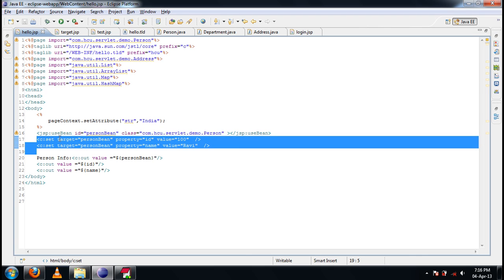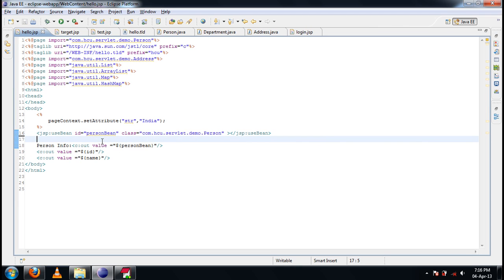But we can use SQL and set. Using SQL and set, we can set some values to a property of a target use bin. It's possible, but somehow it is not working. I'll explain it in the next class. And this is how SQL and set can be used to set up some attributes or to set some variables within a specific scope. Understood? Now, the next is writing some condition,